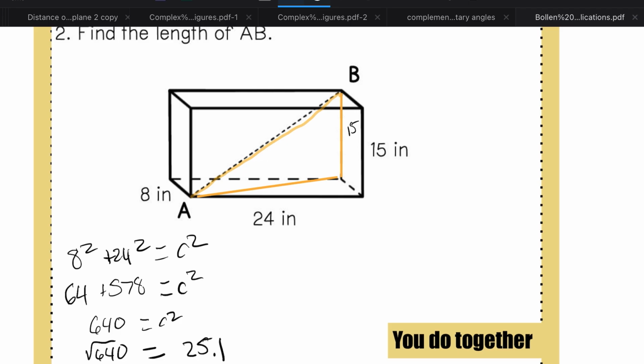And so now we know that this leg here is 25.1,